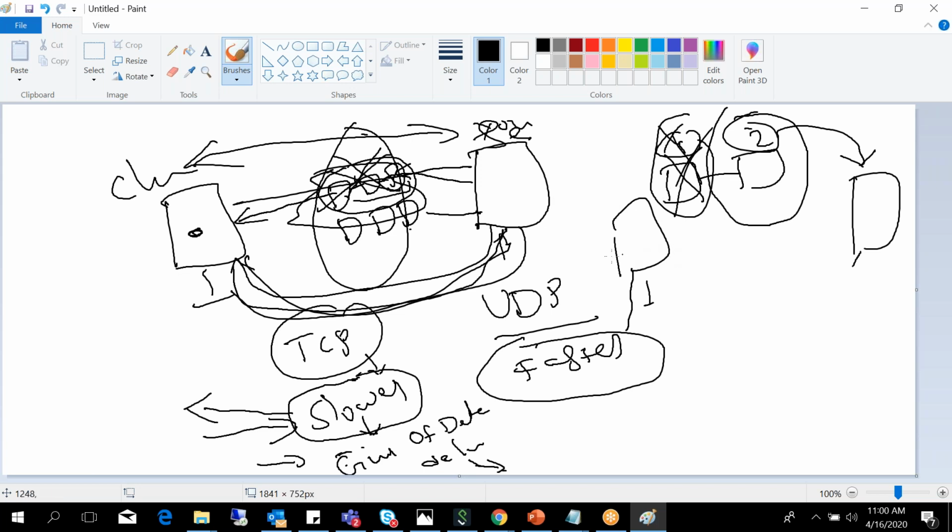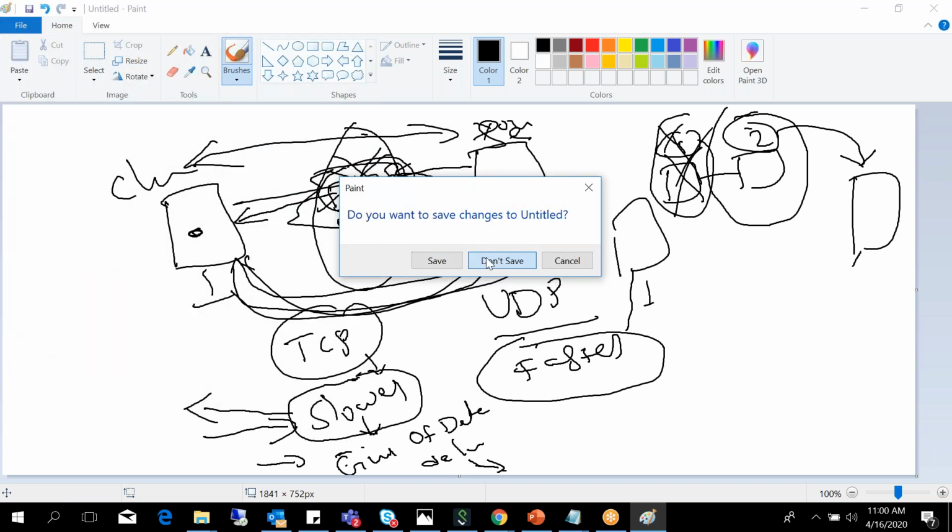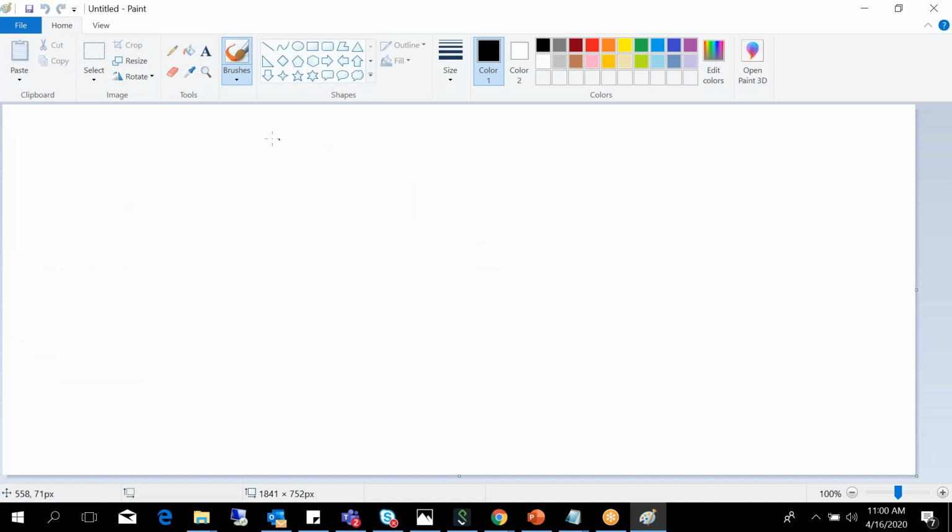That is another difference. So how many differences do we know? The first one is connection oriented.